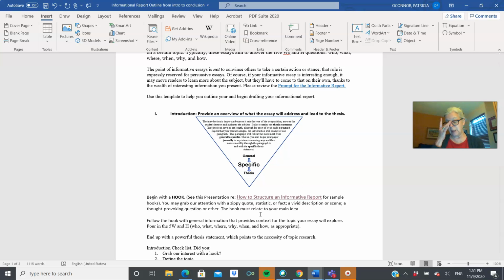attention-grabbing device. It can be a zippy quote. It can be a startling statistic. It can be an anecdote or short little illustrative story. It can be a shocking or descriptive setting. It can be a description of a person or a place or a thing. Whatever it is, it sets the tone and grabs our attention and leads us into the topic